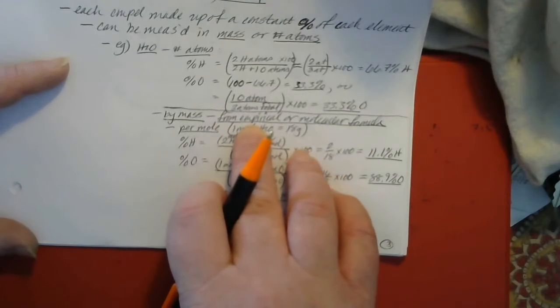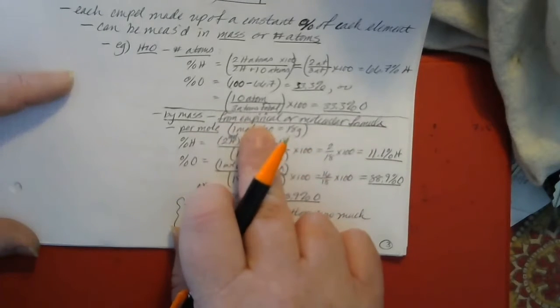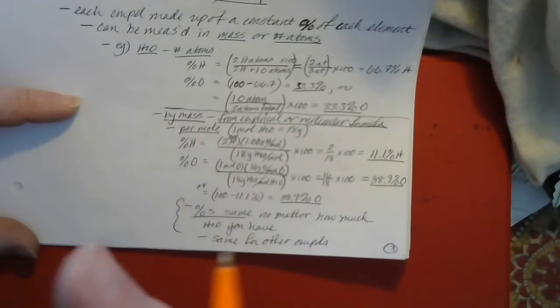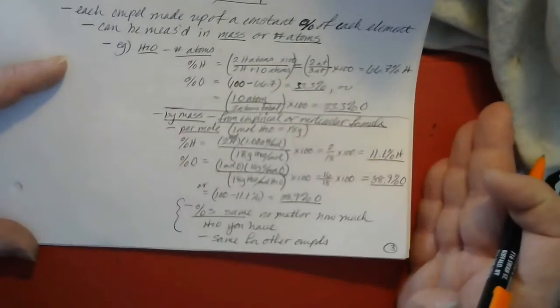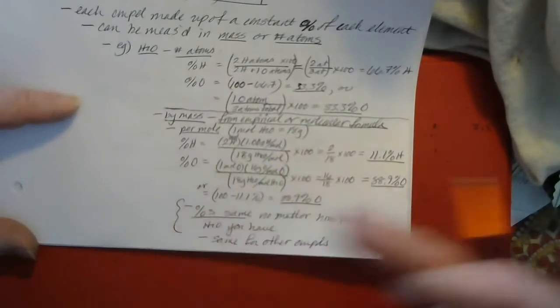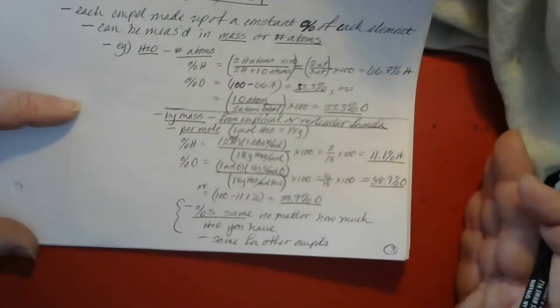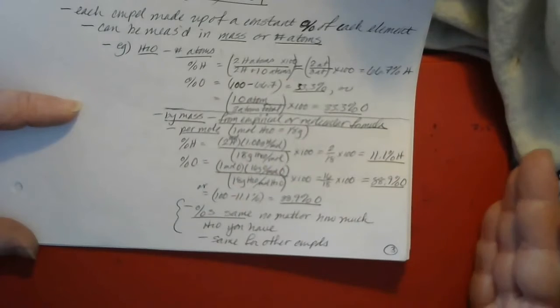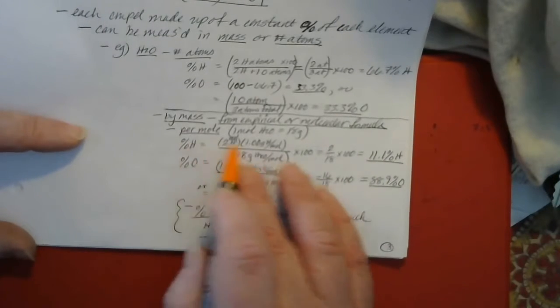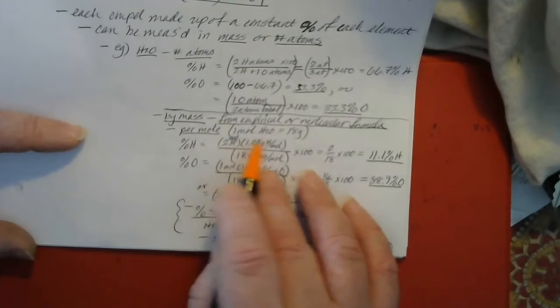When you multiply the empirical formula by some whole number to get the molecular formula, you're essentially multiplying the numbers of atoms you're interested in by that number, but you're also multiplying the total number of atoms by that same number. And so the percentage will still come out the same. So using water just as a simple example,